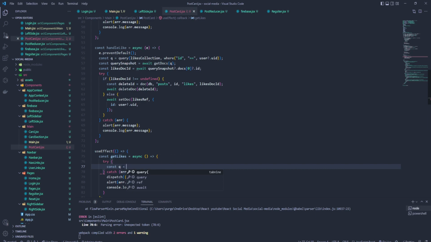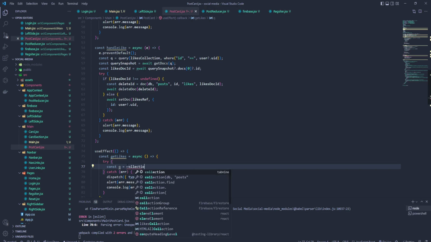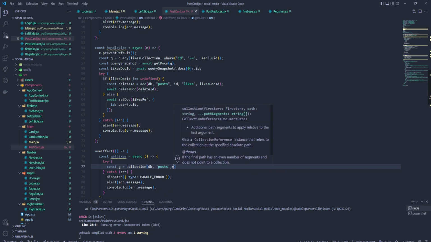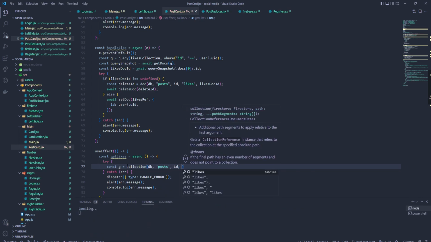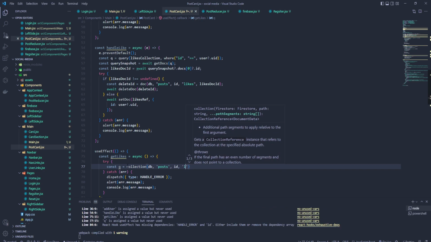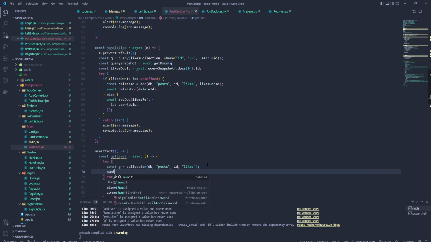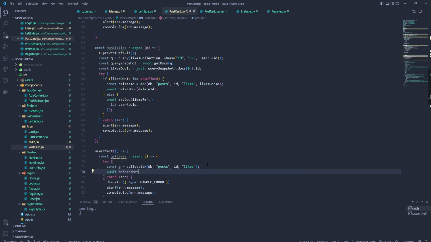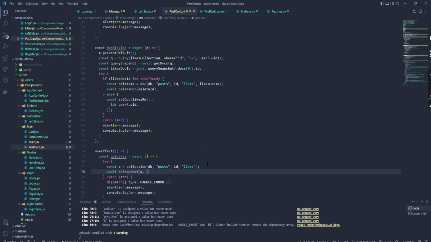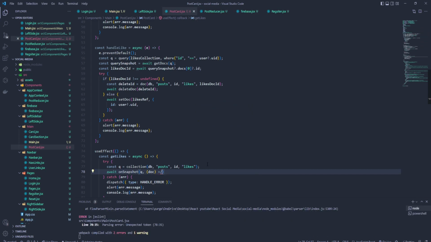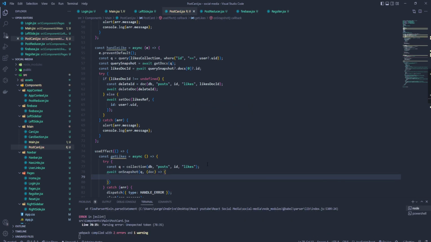Now we're gonna add that query, we're gonna search that collection of database and posts, gonna search inside the posts, we're gonna get that ID route and likes, and then we're gonna add await on snapshot, we wanna provide query, and for each document inside we're gonna add something like